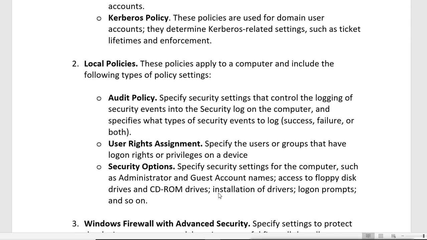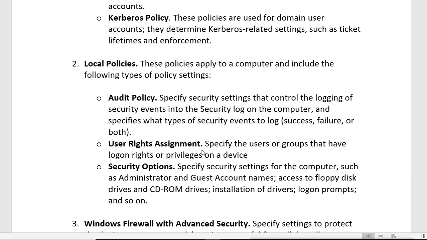Whenever anything happens in your system, logs will be generated. In audit policy, you can decide which type of logs can be created, like when the user logs in, when the user logs into the domain, when the user accesses some privilege, when the user is restarting or shutting down the system. Two things are possible: either they will do the thing successfully, or they will fail. So you can decide whether you want to log the success attempts or failure attempts, or we can decide that both attempts should be logged.